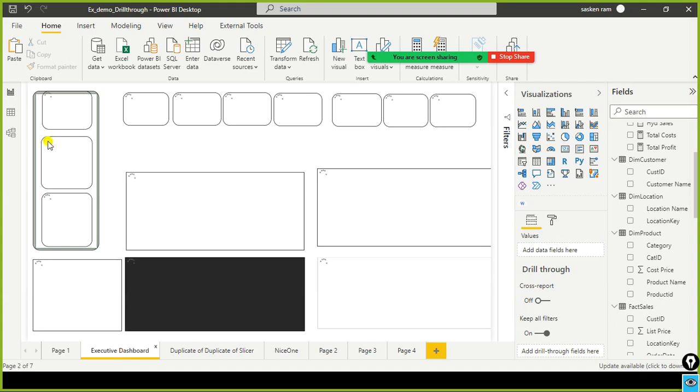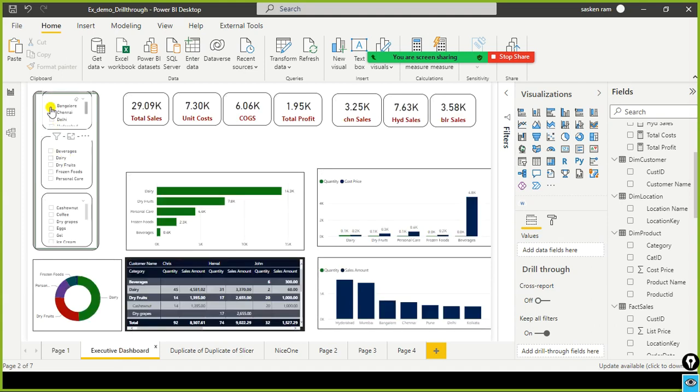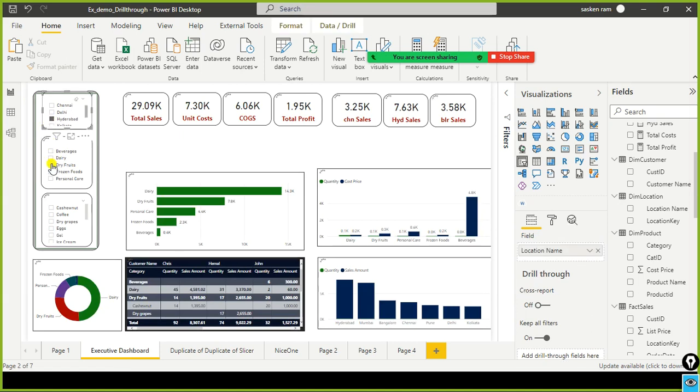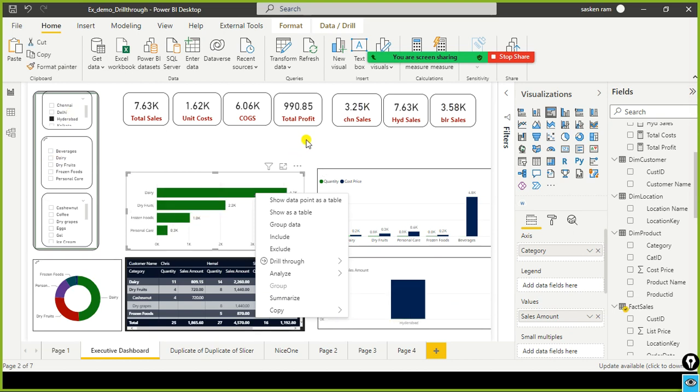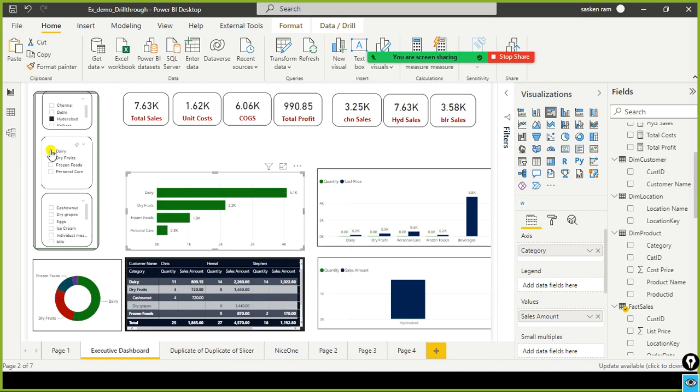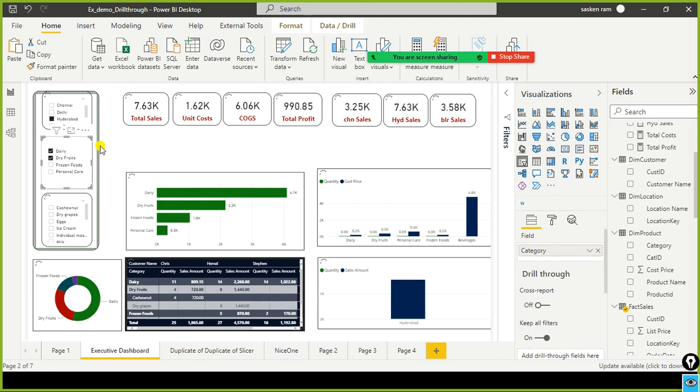In addition, if you want to select these two, for example, if I select Hyderabad, and if I select the dairy product, so in that case, if you wanted to see the detail in Hyderabad, let me just filter it. Hyderabad dairy, and as per the cross filtering, it has to show only the dairy product. Let me just select dairy here. You will have only, let's say, dairy and dry fruits. I selected only these two.